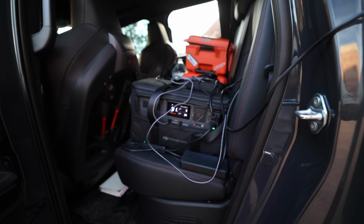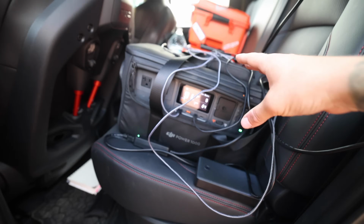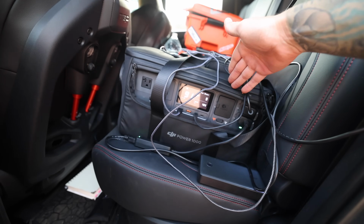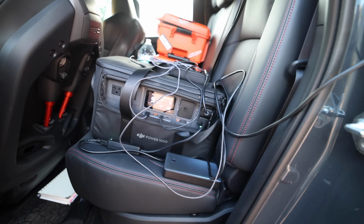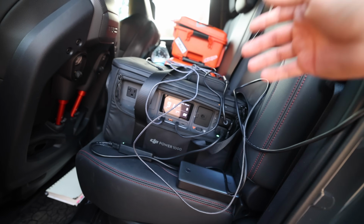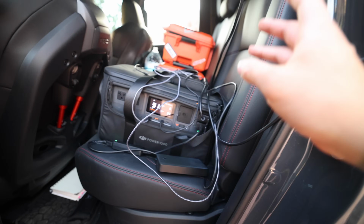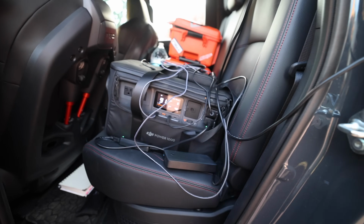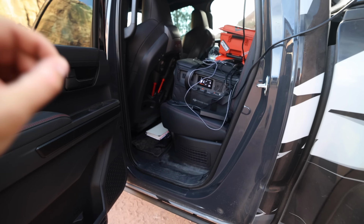Kind of a mess in here right now with all the cables, but here is that DJI Power 1000. Again, I've been testing a ton of batteries. I just did a full dedicated video on this, and it's been great so far on this trip. Charging my drone, all of my camera gear, my computers, extra battery chargers, phone chargers, I mean everything. I've been using this thing nonstop, and what's cool about this truck being a hybrid, it can output 2400 watts,